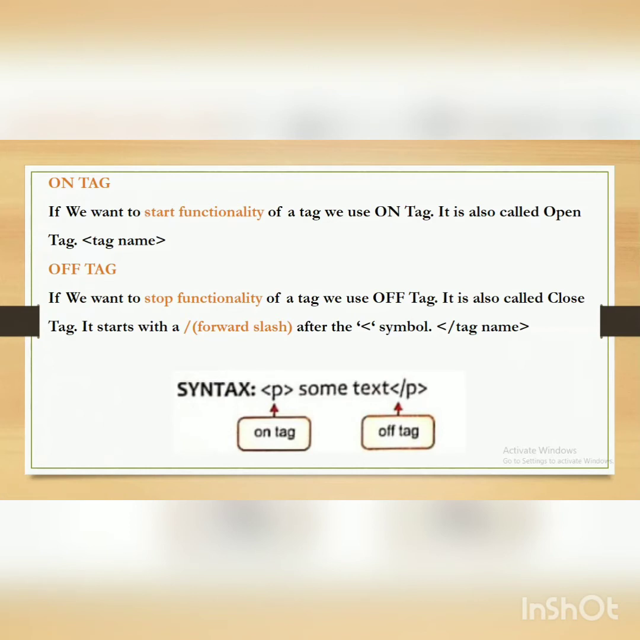And where we want to stop the functionality of the tag, we use the off tag. For example, I want to apply bold for one line only. So after that one line, we have to close the tag. That is also called the close tag. And for closing it, we use a forward slash after the less than symbol. So we write the off tag like this: less than, then slash, then the tag name, and then